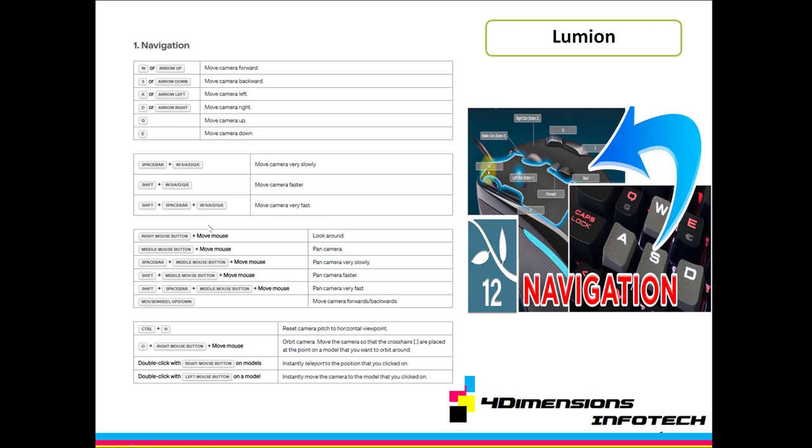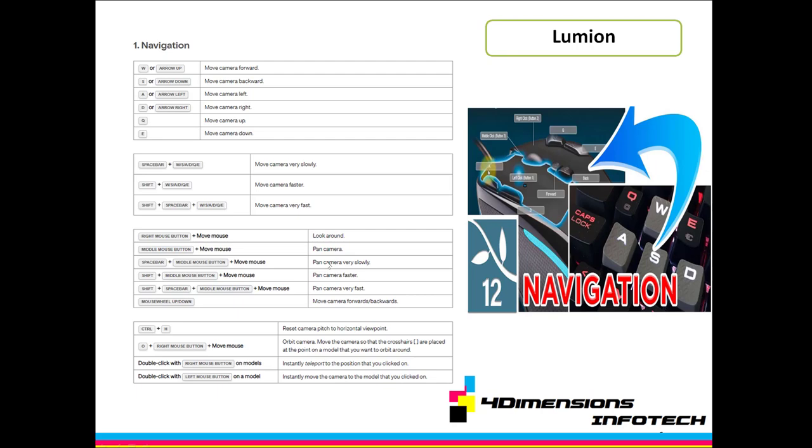That is how you go with the navigation keys. To look around, use the right mouse button and move the mouse, and to pan the camera use the middle mouse button and move the mouse. To pan the camera very slowly, use the space bar plus the middle mouse button and move the mouse. This is how you use the shortcut keys.